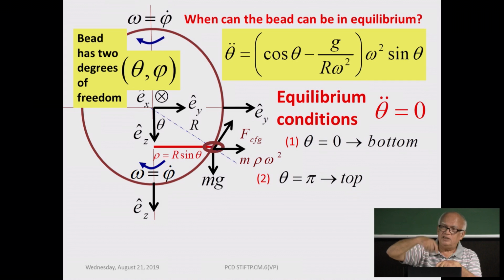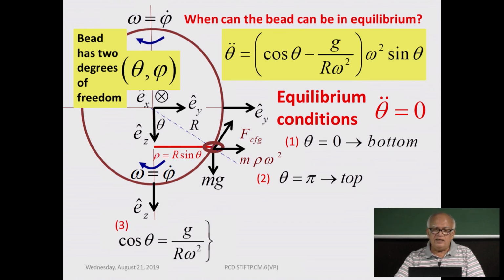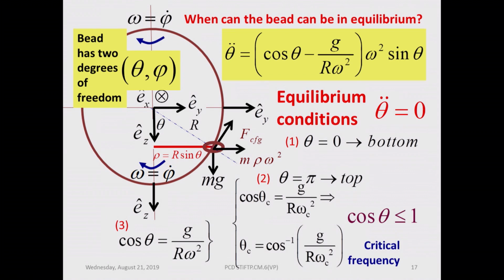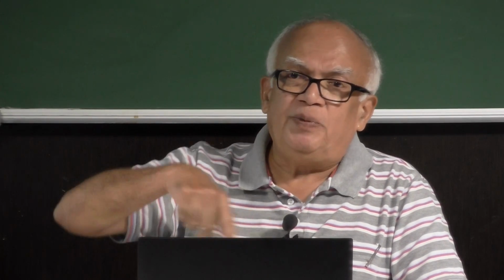So, depending on different angular speeds, this angle will be different, but you certainly can find an angle at an appropriate omega whenever cosine theta is exactly equal to g over r omega square. And if this happens, then again the second derivative of theta vanishes, and you have an equilibrium position,